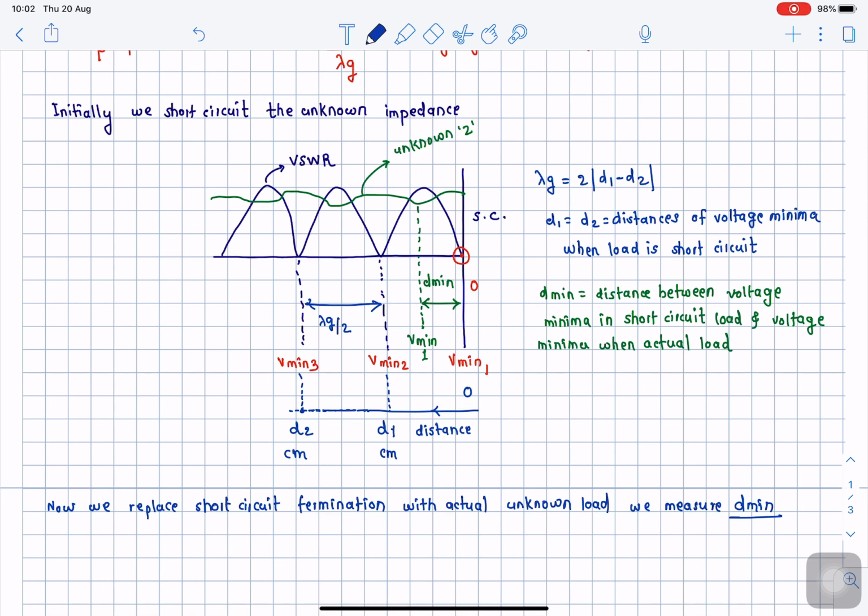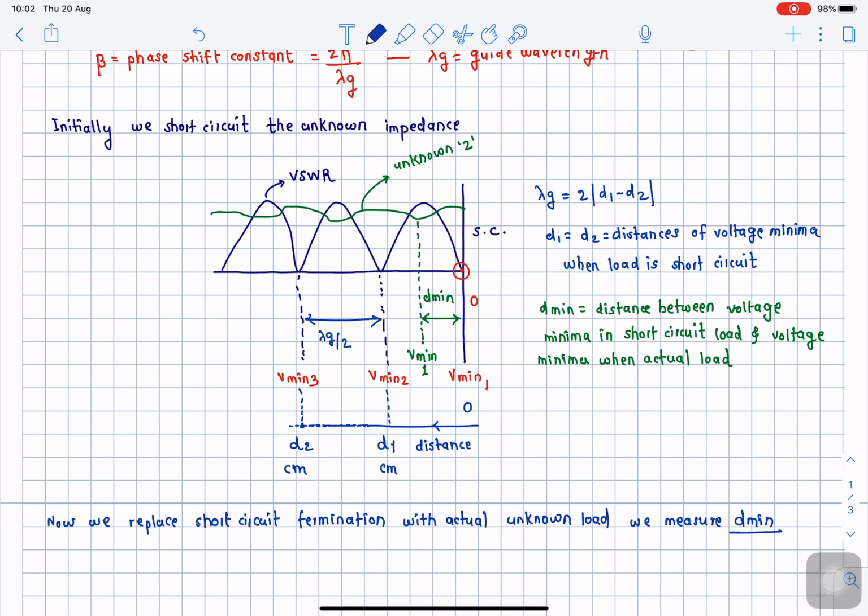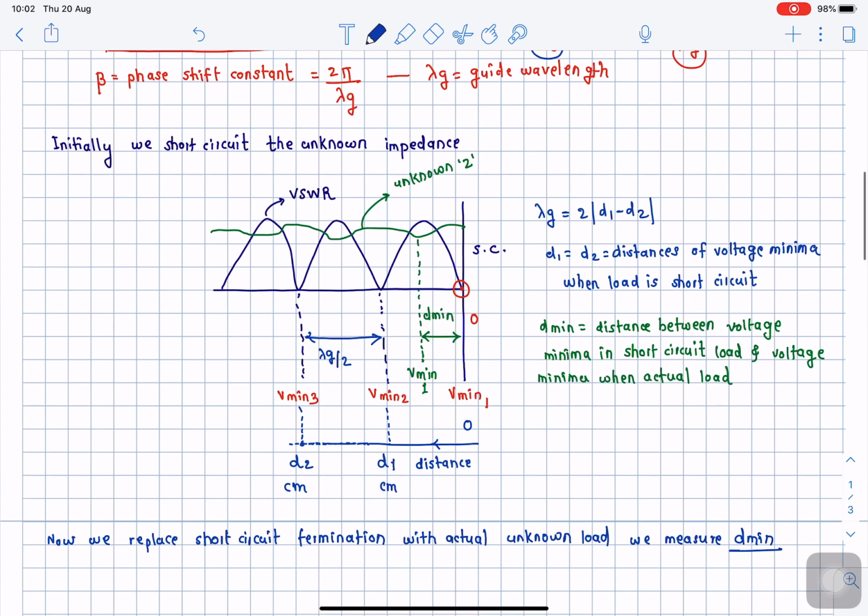So this is a simple and straightforward procedure of how to measure the unknown value of a load impedance, right? The load impedance could be inductive, or purely capacitive, or a combination of anything. If the value of the reactance is negative, it will indicate a capacitive type of impedance. On the other hand, if the reactance of the evaluated complex load impedance is positive, it will indicate an inductive type of load, right? Normally this type of green waveform which we have shown here for the VSWR is indicative of an inductive type of load.